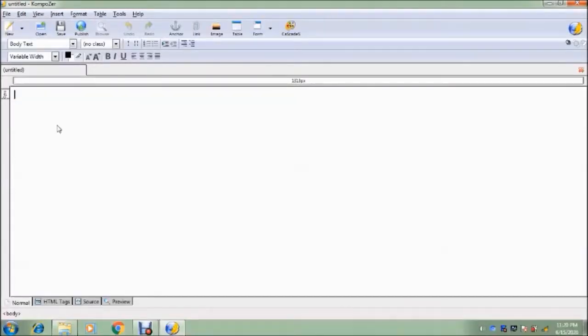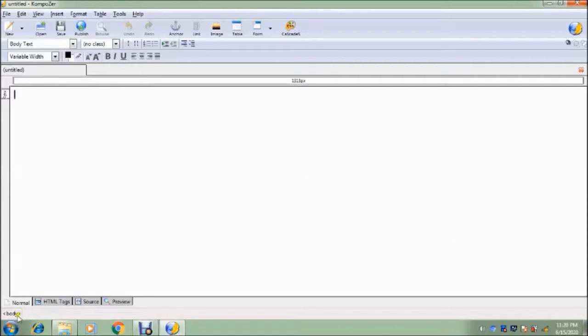This is the screen of a Composer software where you can see the important toolbars. First is always the title bar, then the menu bar, then the next one is the composition toolbar, then formatting toolbar 1 and formatting toolbar 2. This is the place where generally we are creating a form or a web page, which is known as the page pane, right?